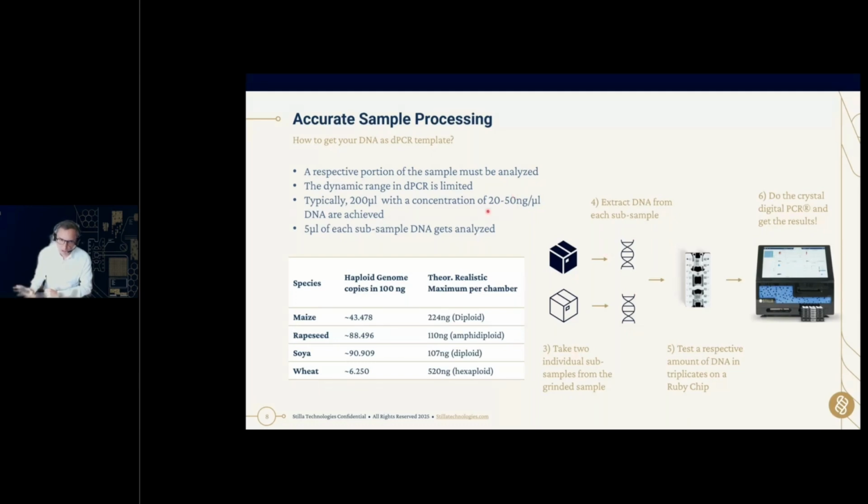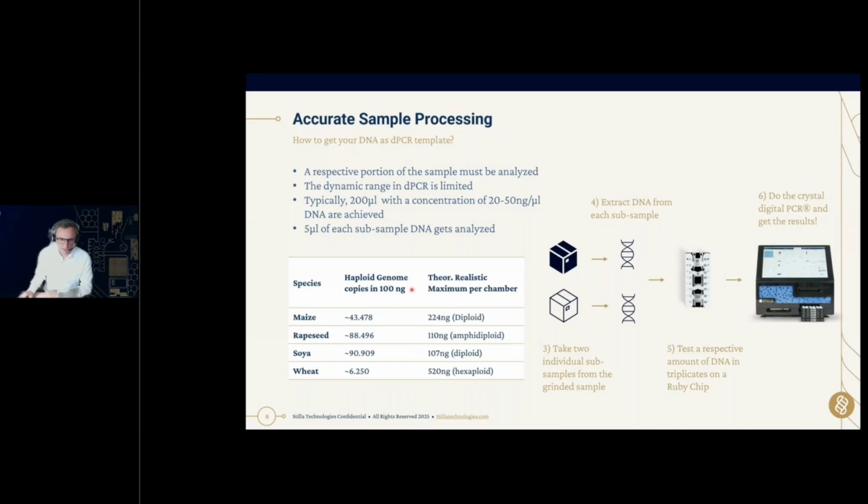Typically, you get around 200 microliters with a concentration of 20 to 15 nanograms. So we do not have the problem that we have too little DNA. We have the problem that we have more or less too much DNA, and from that we need to analyze a proper proportion. So we normally take 5 microliters of these 200 microliters to be analyzed, and we see here a